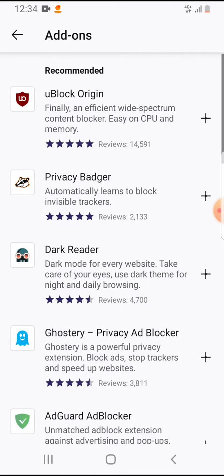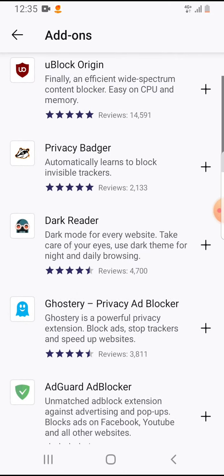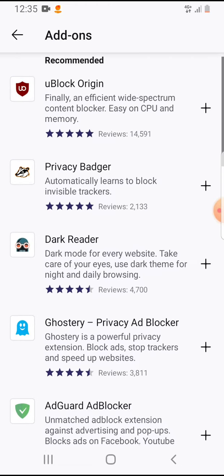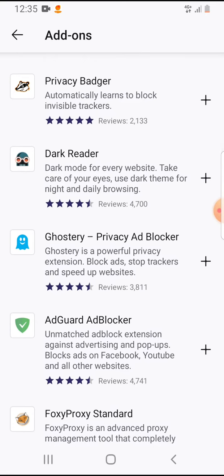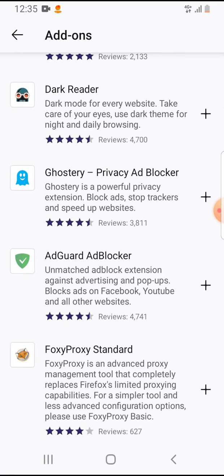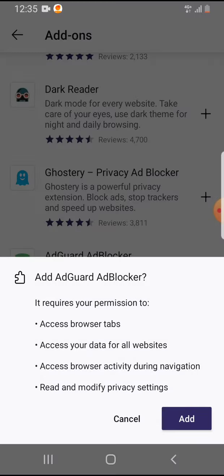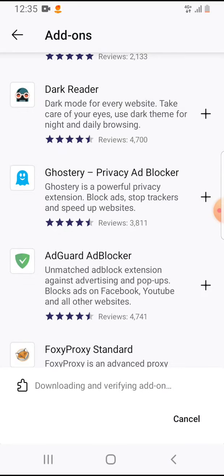If you tap on it, you can select an ad blocker. Let's say this one, AdGuard ad blocker. If you tap on the plus one, then you can read about this ad blocker, and if you would like to add it, then on the bottom right corner tap on add,